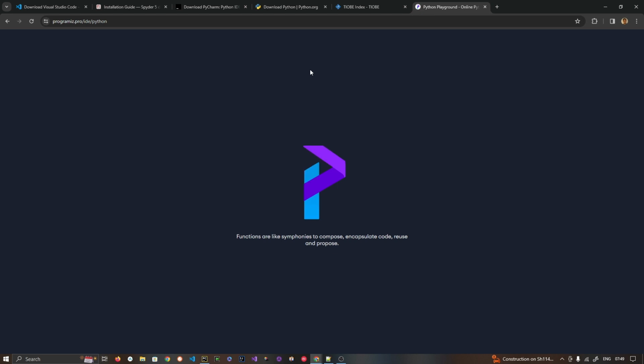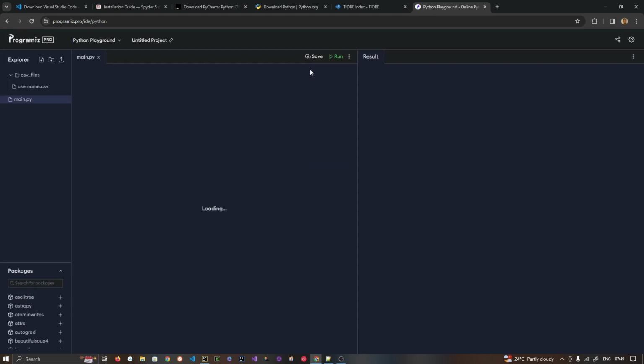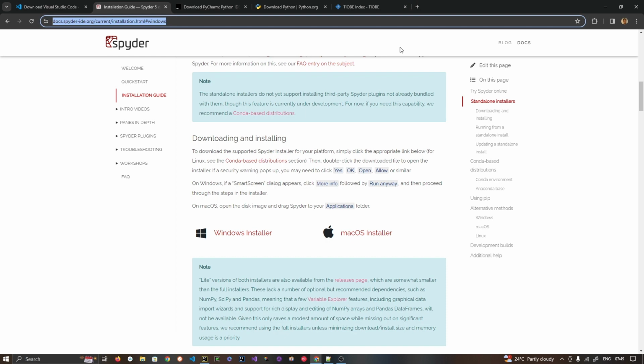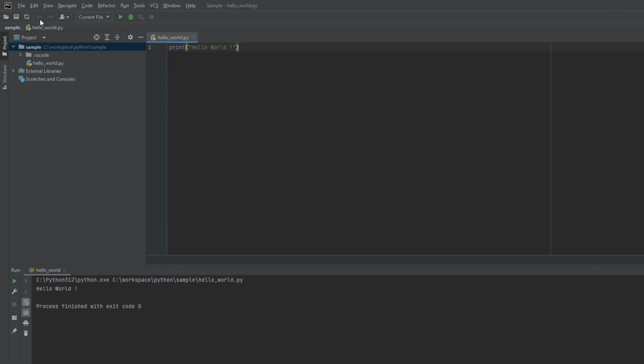In the first few lectures we will be playing with simple building blocks of Python, like data types, loops and conditional statements, and some of the common data structures like lists. These things we will be learning. For that, you can even use this Python Playground. So let's learn how to create a